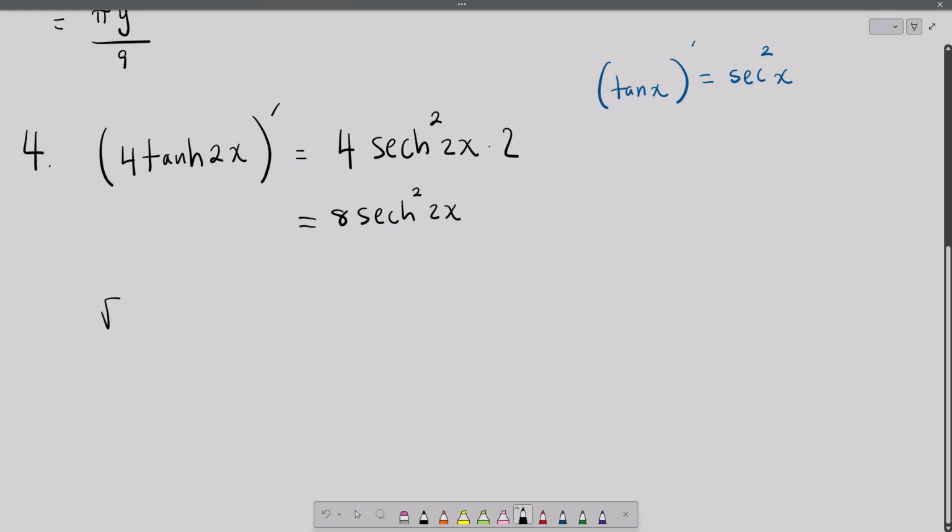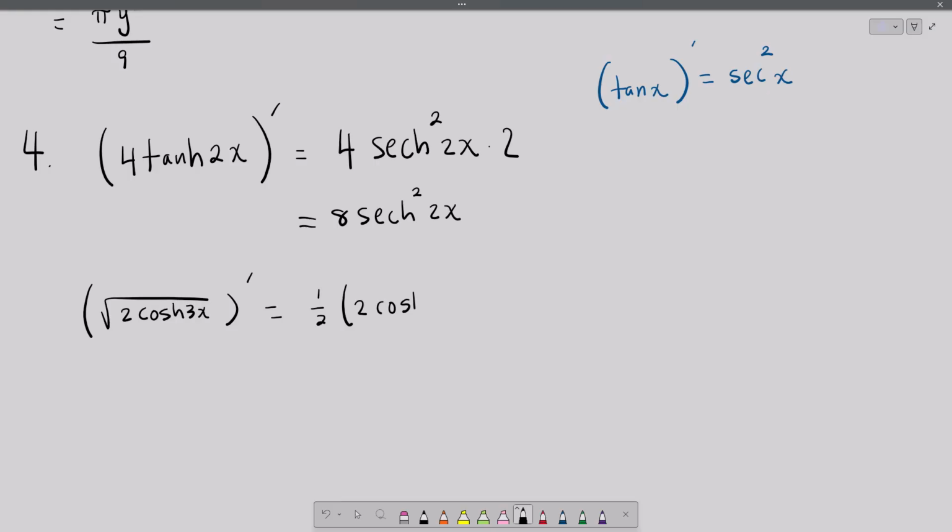Okay, so let's try a more complicated one. Let's suppose we have the square root of 2 cosh 3x. And suppose we want to take the derivative there. So it's very similar to differentiating cosine. So if we're going to differentiate this, we're going to pull the 1/2 down in front. So 1/2 comes down. And then we have the inside raised to what power? Negative 1/2. So power rule: half down, the inside, which we often call the base, subtract 1 from the exponent. And then we have to multiply by